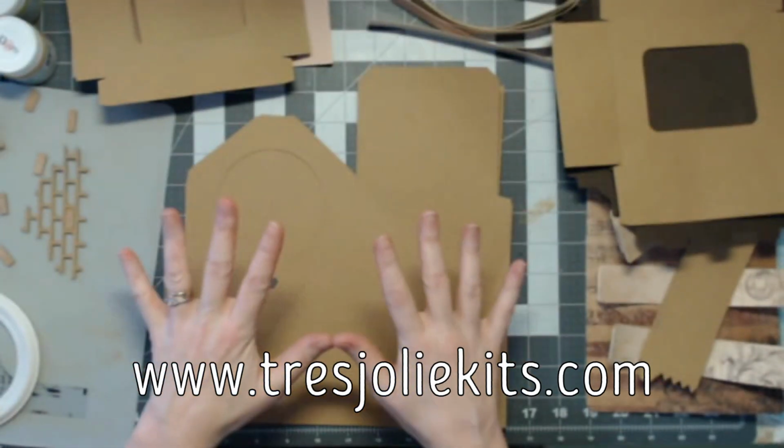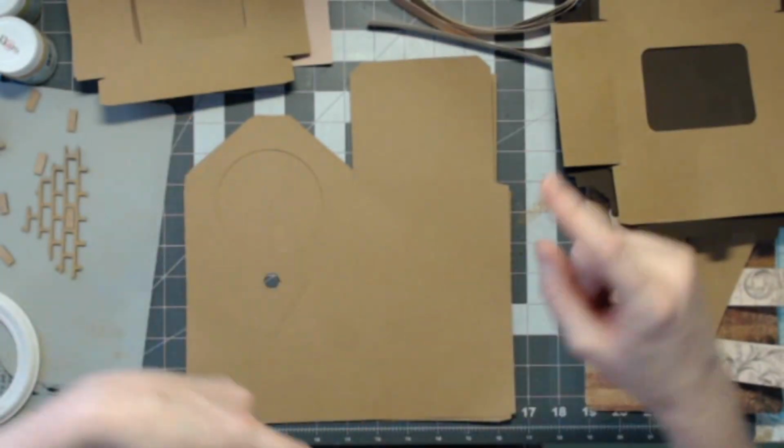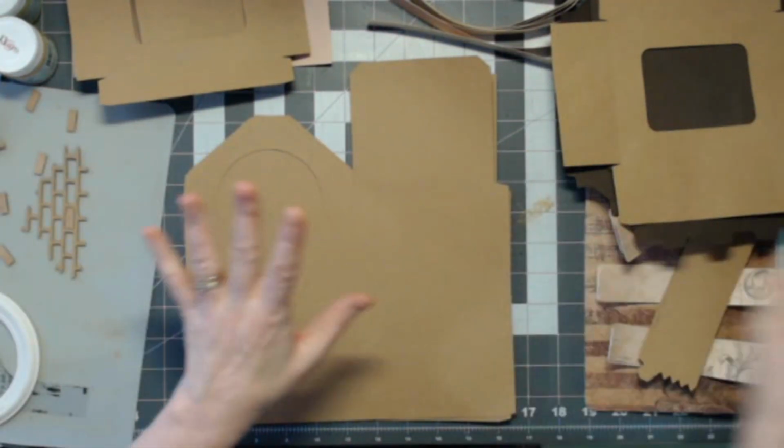I am just going to kind of get right into where this is going, even though there are pictures up and everybody's seen the end result, but anyhow,